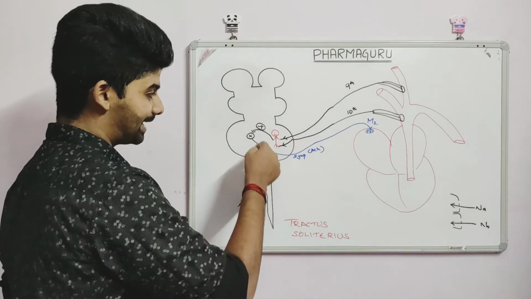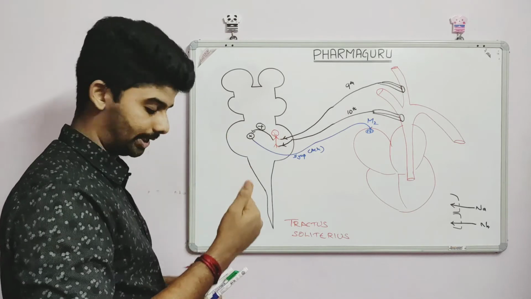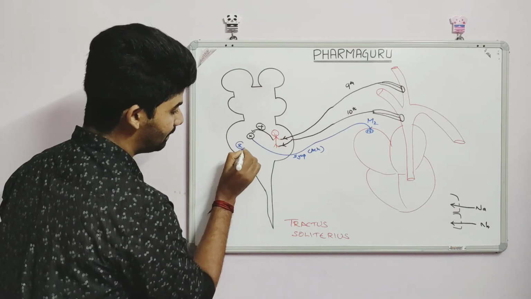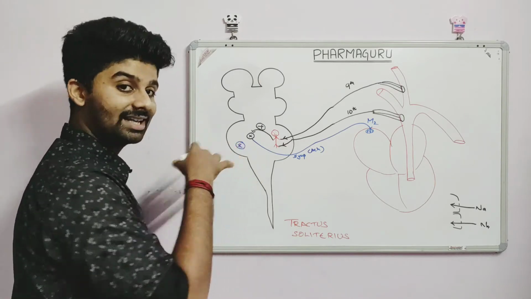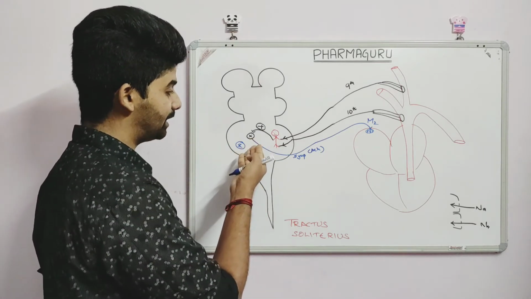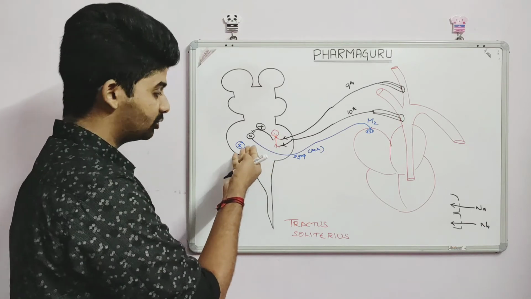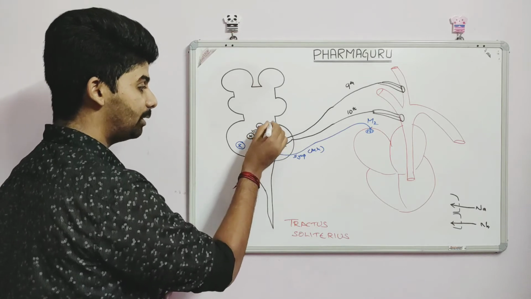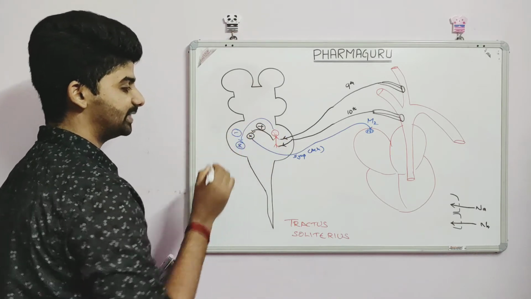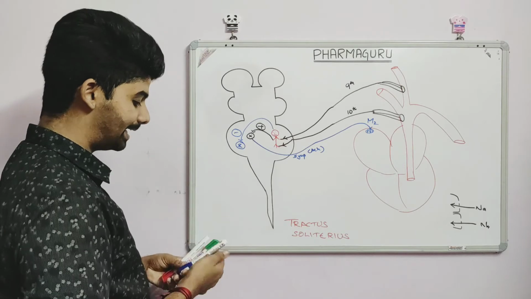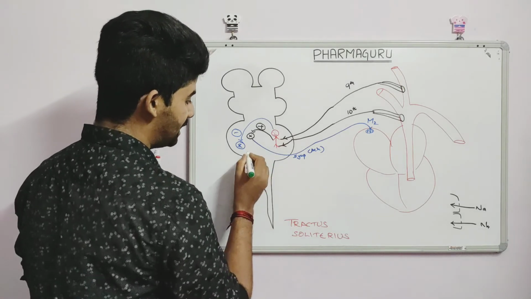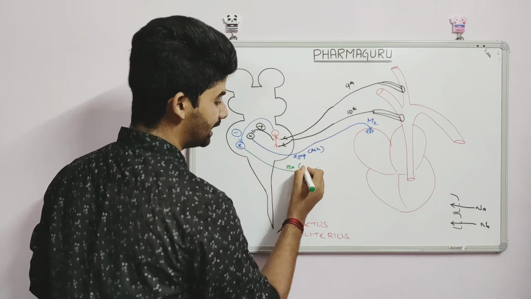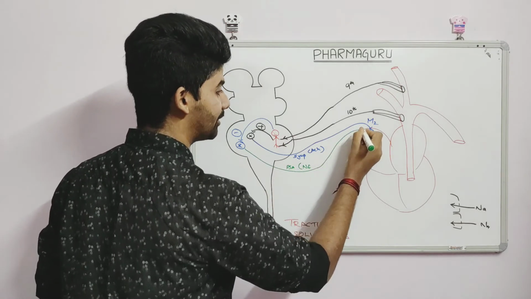Along with that, the tractus solitarius nucleus will do one more thing. There is one more center in the medulla, the cardiac acceleratory center. We have a cardiac inhibitory center which is activated by the tractus solitarius. What the tractus solitarius does to the cardiac acceleratory center is inhibit it. Generally, the cardiac acceleratory center introduces a parasympathetic activity through the release of norepinephrine and will increase the heart rate.